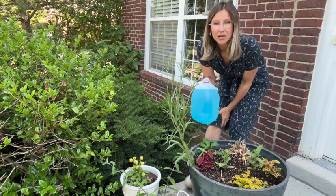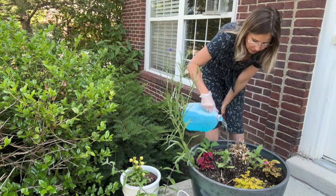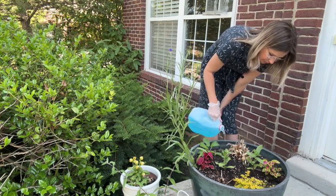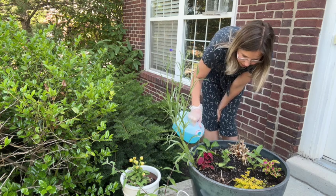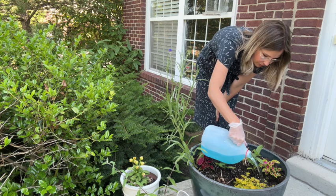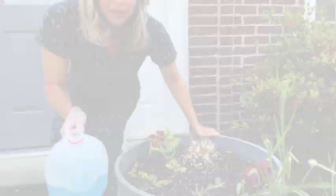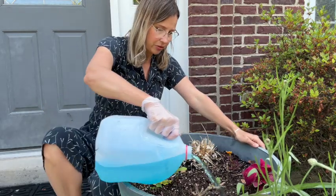But I'm just going to take my fertilizer right now and just kind of spread it all over. And we'll see. I mean, some of this stuff doesn't really need the plant food. This is also hopefully, if any of my perennials are going to come back that are in here, this will give them the jump that they need to do that. So I'm just going to put about half in this one and half in the other container. I know it is really a hodgepodge of plants in this planter, but